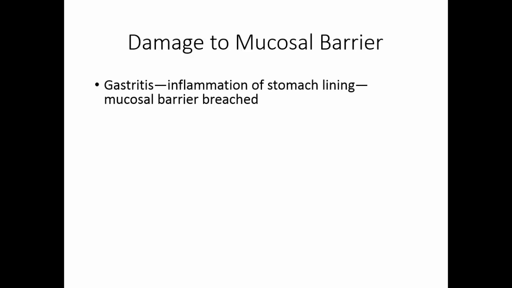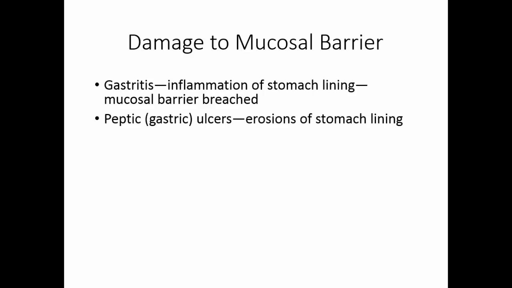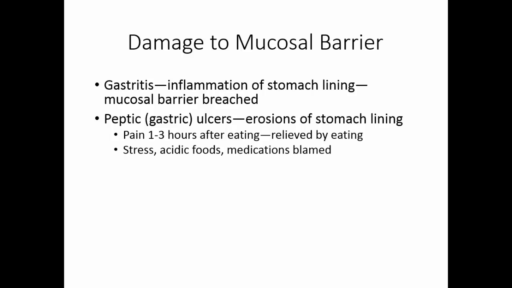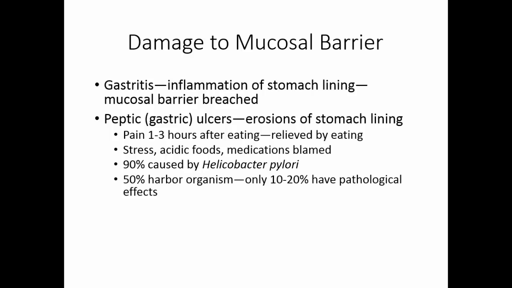Gastritis is an inflammation of the stomach lining. This occurs if that mucosal barrier is breached. Peptic or gastric ulcers are erosions in the stomach lining. Symptoms are pain 1 to 3 hours after eating that is relieved by eating. Stress, acidic foods, and various medications have been blamed for causing ulcers, but about 90% of ulcers are caused by the bacterium Helicobacter pylori. About 50% of people harbor this organism, but only 10 to 20% will ever experience pathological